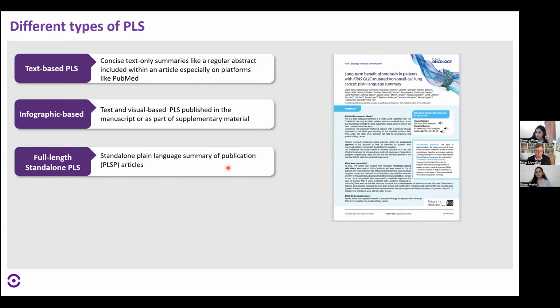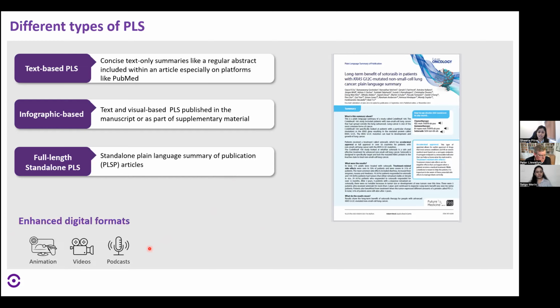They are usually published after the primary study has been published, and they have all the same information, but the language is simple, concise, clear, and jargon-free. Most importantly, these PLSP articles have a lot of infographics, so they are very interactive and easy to understand. They also present complex information in figures and flow charts. When Salgo takes over, she'll show you some examples. These are now gaining impetus and momentum. A lot of people are moving towards publishing these, so this is going to be the next big thing.